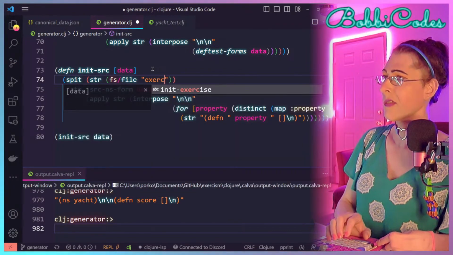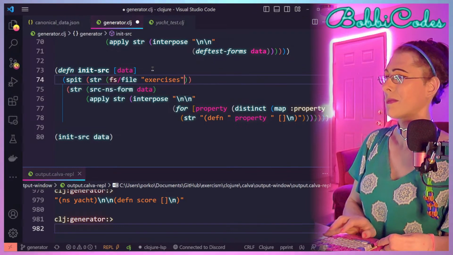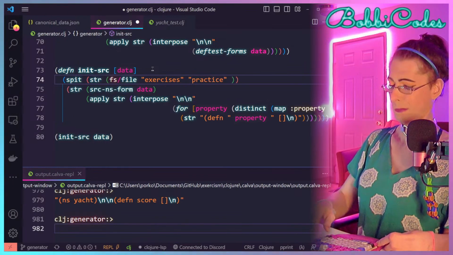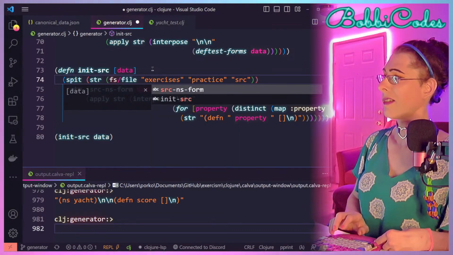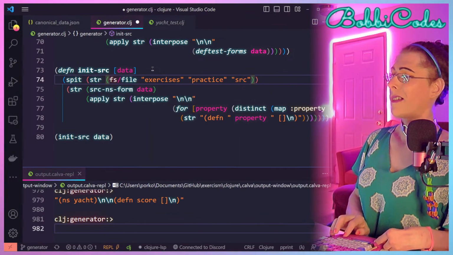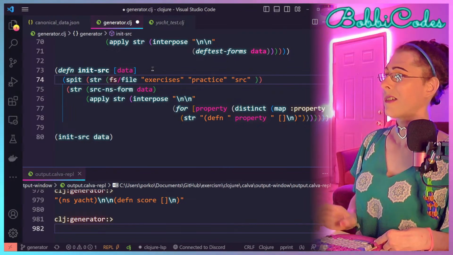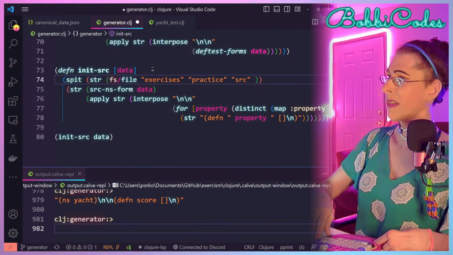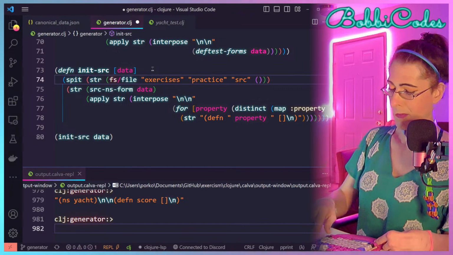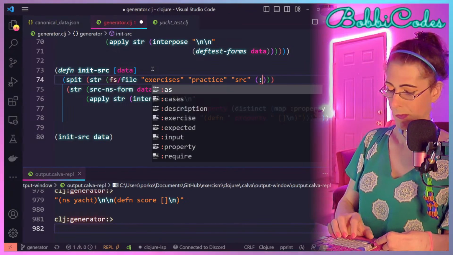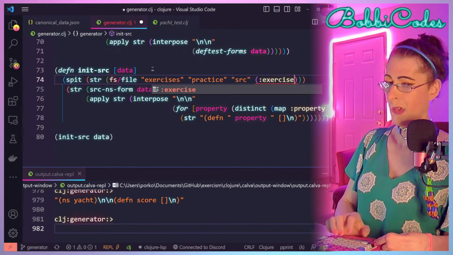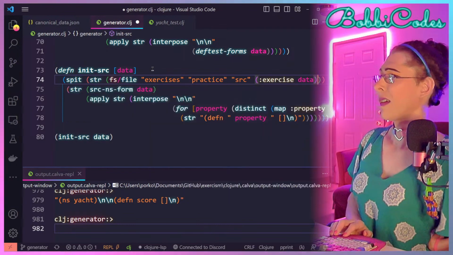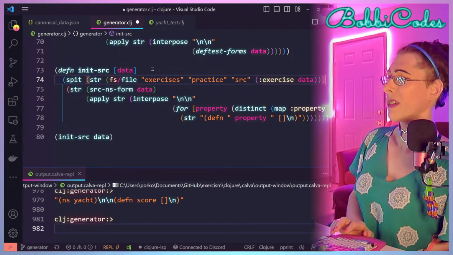It'll be exercises, practice, src, and the file name. So we'll get the exercise key from the data file. And I think that should work.